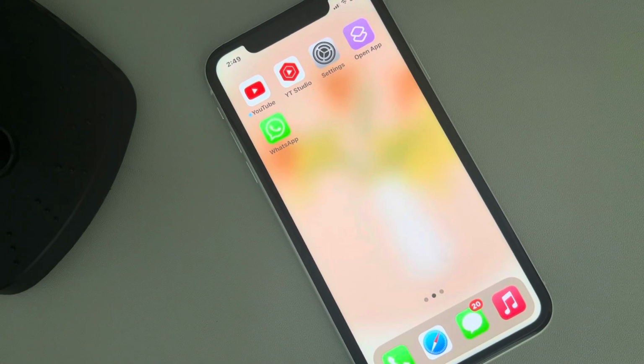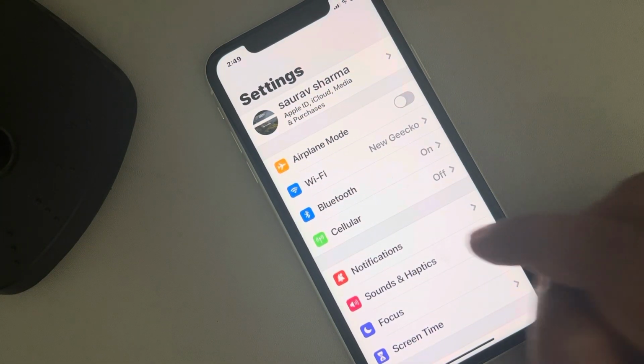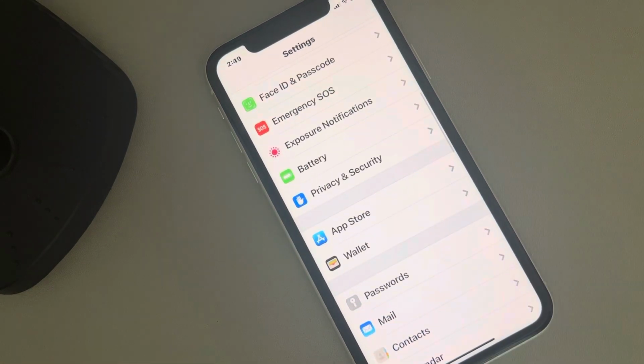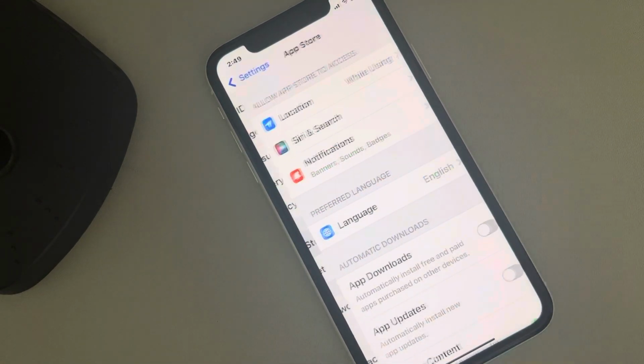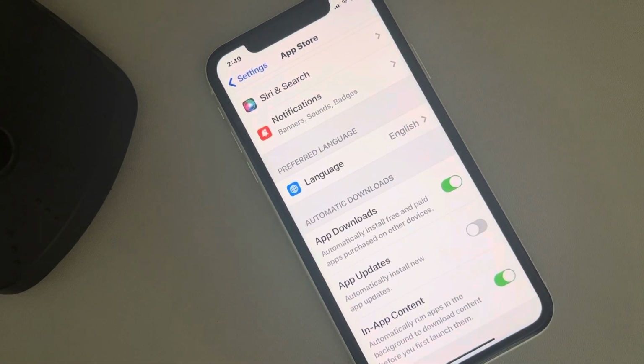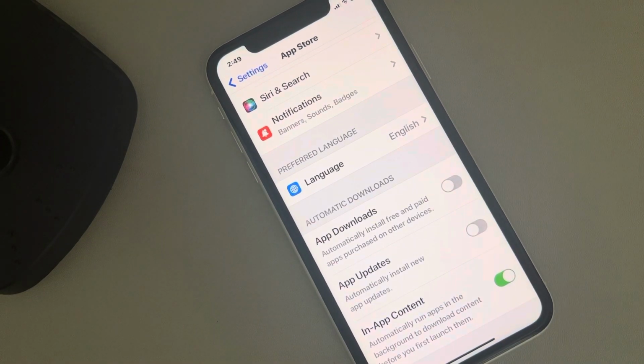Hi guys, so if apps are downloading automatically on your iPhone, even if you are not installing them, then here is the fix. What you have to do is tap on Settings, then scroll down and find App Store. Tap on App Store, and now under the Automatic Downloads section, make sure the App Downloads option is turned